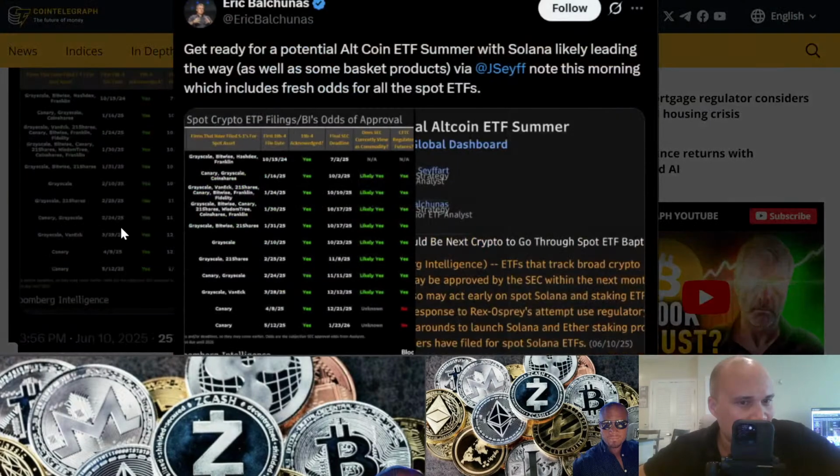Let me see if I can zoom in on that. Hope you guys are able to see that. But yeah, Grayscale, Bitwise, Franklin Templeton, VanEck. All these companies want to come out with their own Solana ETF. And I think